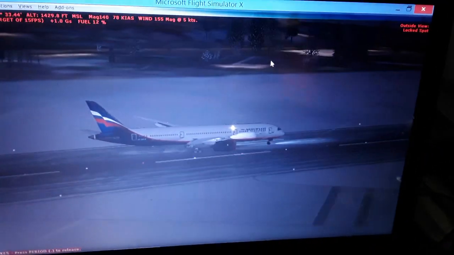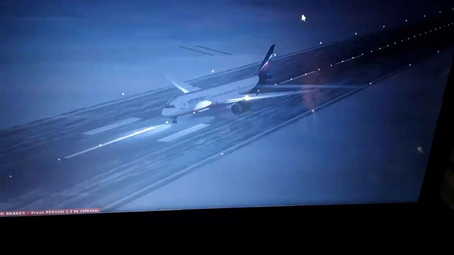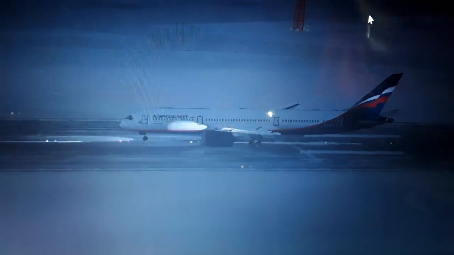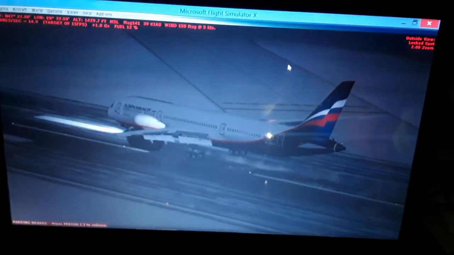As you can see, all flight controls, the rudder pedals. You can see the landing gear and the nose wheel are pretty much safe. There is no breakage, and we've made a full